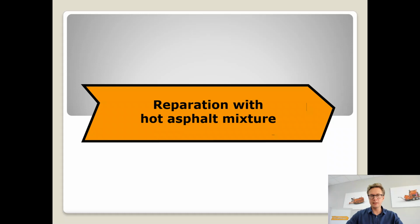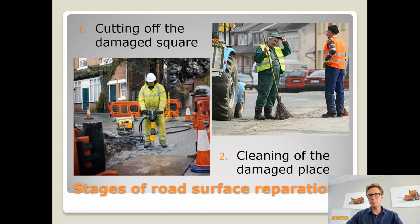Now, this video will be dedicated to one of the most well recognized and most widely used technologies of reparation of single damages and potholes. And this technology is the reparation of potholes with hot asphalt mixture. Before I go to our different machines which take care to provide the highest quality within this kind of technology, let me quickly go with you through the most important steps that we need to take in order to